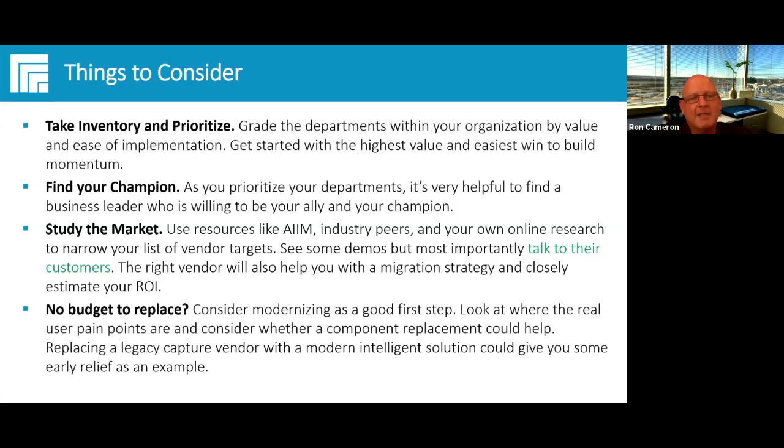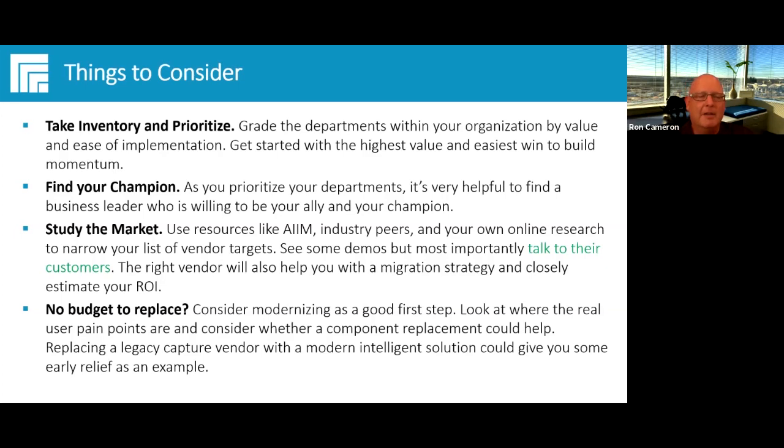The other thing I wanted to mention, which I haven't really touched on, is that there are a number of good first steps here, because not everybody has the big budget for the rip and replace. It's the real world. So think about the pain points of the specific technology components. Maybe it's the repository, maybe it's not. There's usually three or four: a workflow component, a capture component, a repository component, and other ancillary automation things nowadays, like RPA.